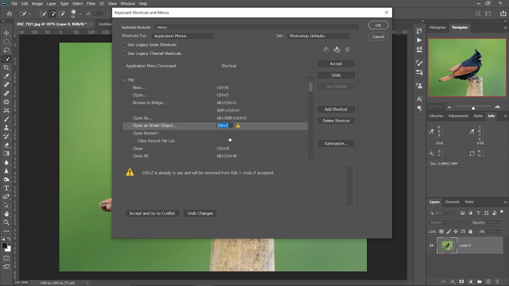So I'll go here, delete it. If I put in Ctrl Shift Q, it is not in use and you can put it as the keyboard shortcut. And if you want to save the shortcut, you can go right here, you click on this button right here, then click accept, and it's saved. I don't really want to save this, that's why I'm not clicking on it right now, but if you want to, you can do it in that way.